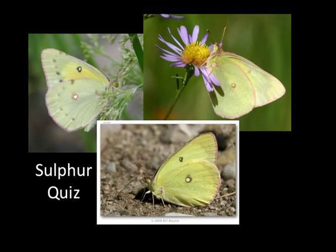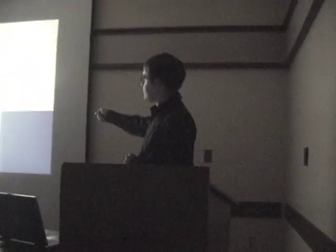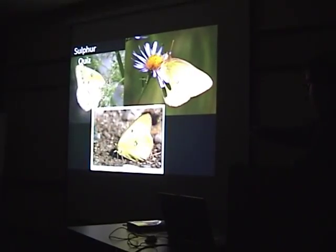Heavy scaling. This is a western sulfur. Look at all that black scaling. What'd you say? Heavy black scaling. Even though this is all yellow, there's quite a bit of this black dusting throughout here. What's this sulfur? And this one,